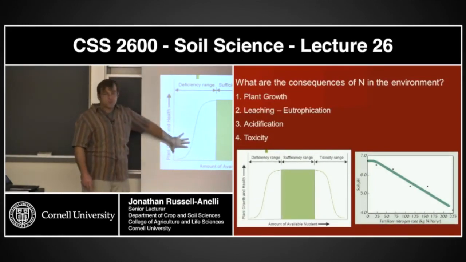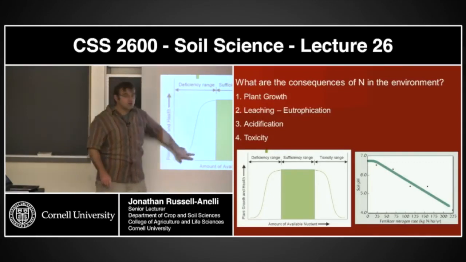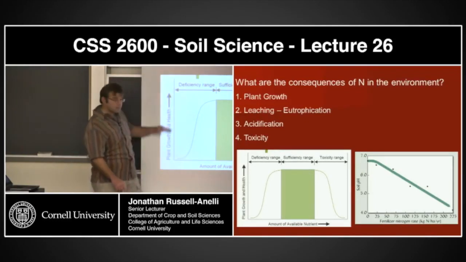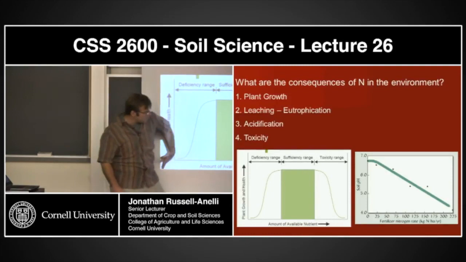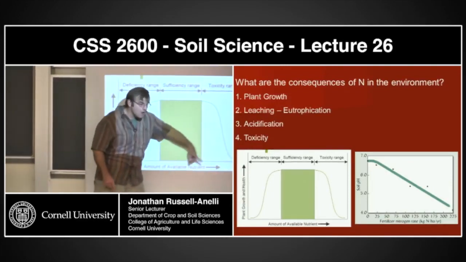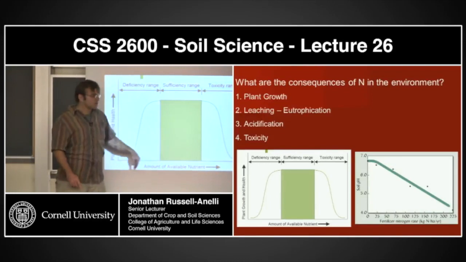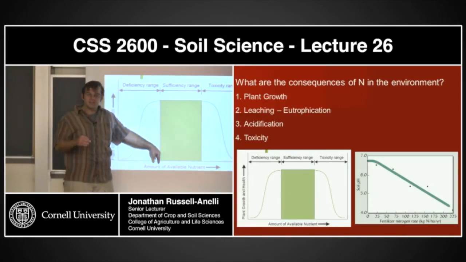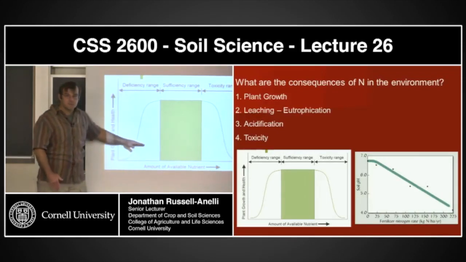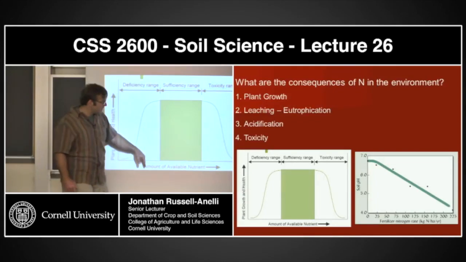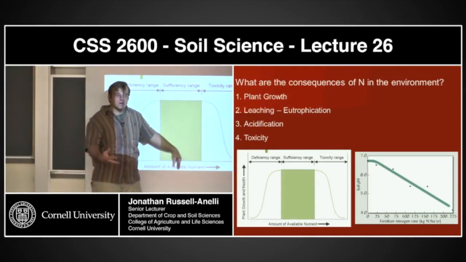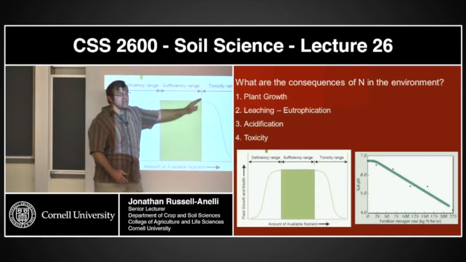This graph could be any nutrient, with a couple exceptions, potassium being one of them. Okay? We have a certain range of that nutrient, of its availability. So this is the plant response, and this is the amount of nutrient. As I'm going that way, I'm looking at an increased amount of a nutrient. There's certainly a phase where the plants are deficient in that nutrient, and if they're deficient, they're not going to have optimum performance. Somewhere down the line, they're going to get the amount of nutrient they need to perform, and we're going to start seeing a sufficiency range or their optimum performance.